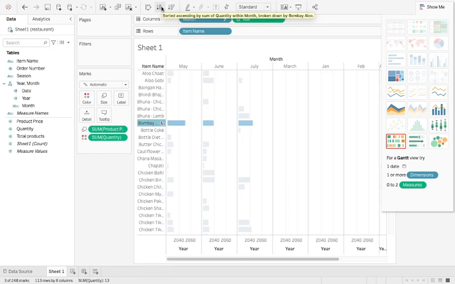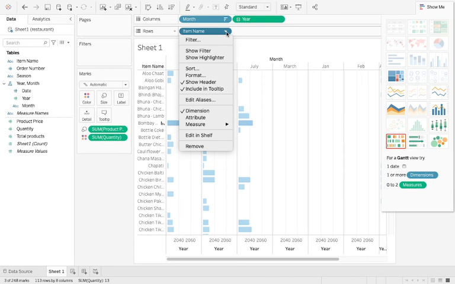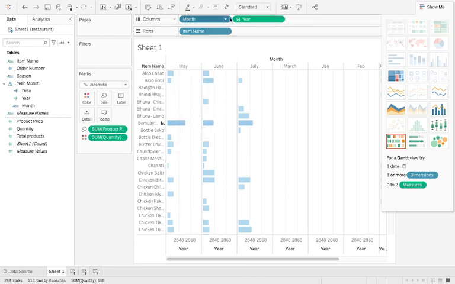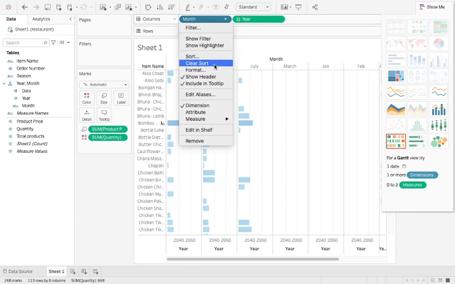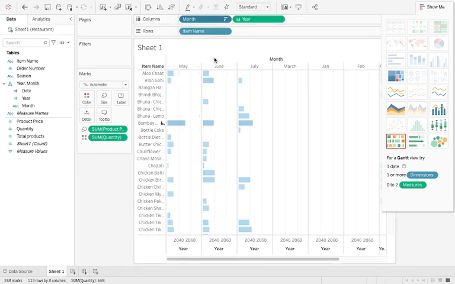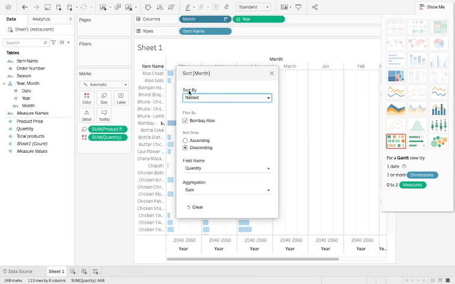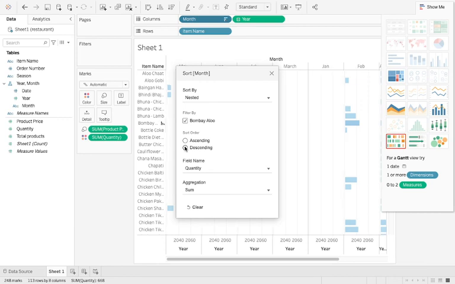Then we have sort by pills. So you can even sort by your pills. If I click on the month tab, let us see, yeah, so we have this sort option here. This is your sorting by pills. If I click on that, you get an option to sort in ascending or descending order, and you can even change it. You see the data is changing in the background.